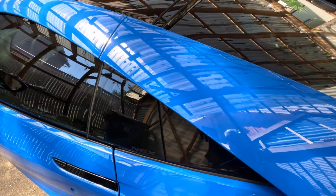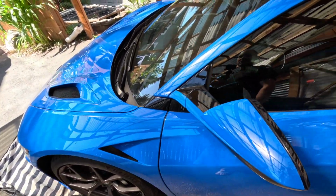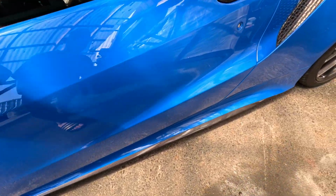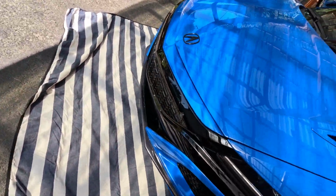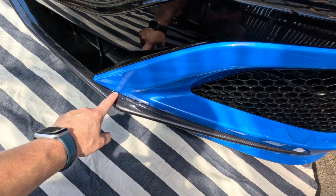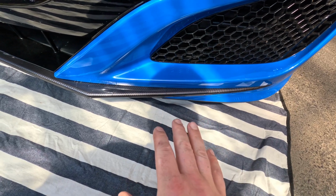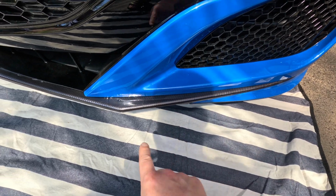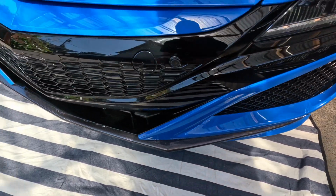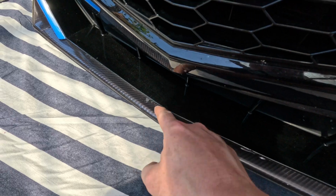Obviously, I miss all of the carbon fiber pieces that my old NSX had, and I'd like to replicate it to a degree on this car because I think it would be fitting. So as you can see, we have carbon fiber there, but on the front I ended up taking off this lip and wrapping it because I wanted to see how it turned out, and it wasn't great. It was my first time wrapping stuff for the most part, and it did okay, but with the contours of this piece, it was really hard to wrap around this, and then obviously there are some bubblings here, so it's a little tacky, right? So in order to rectify that,